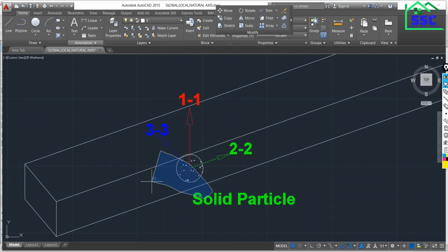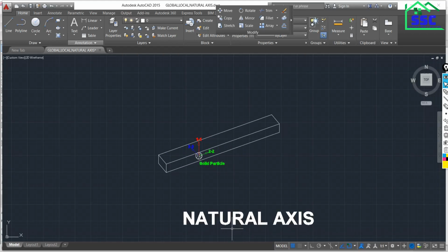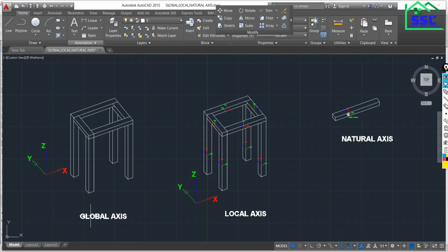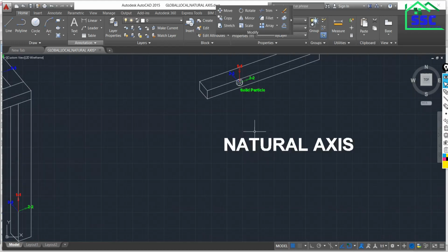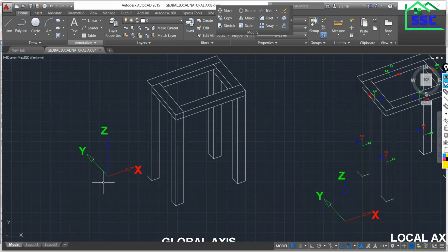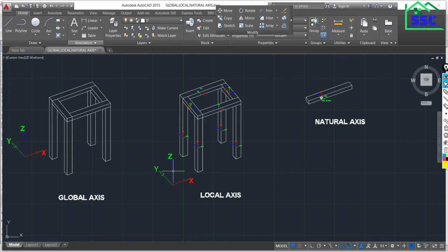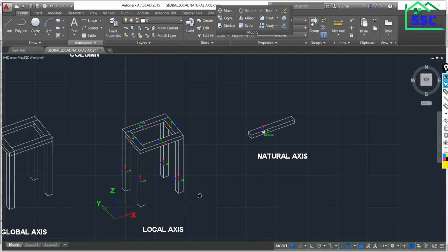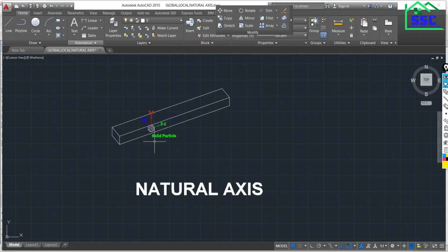That axis system is called the natural axis. So first is the global axis, then the structural element axes called local axes, and then the natural axis. In ETABS, it is possible to see the global axis and the local axis, but it is a little difficult to show the natural axis. So it's a research topic.